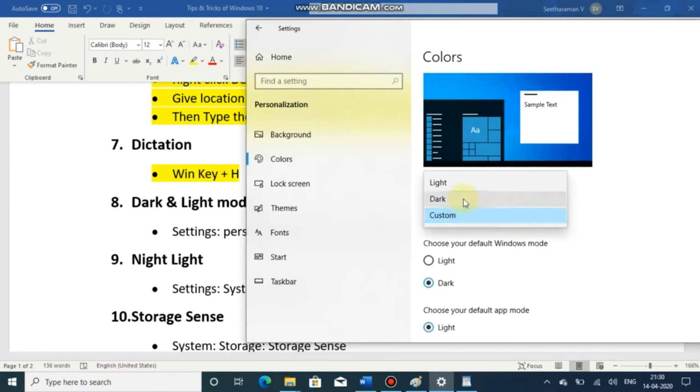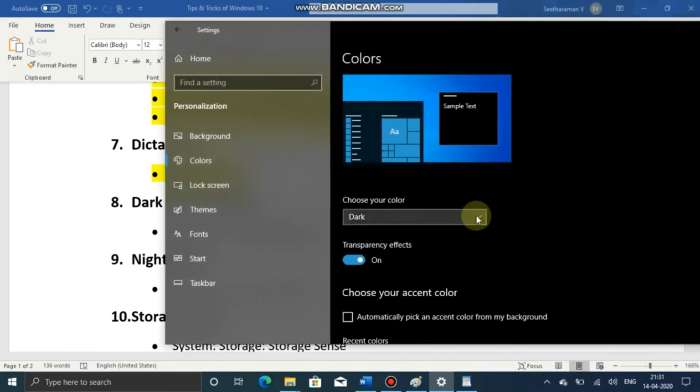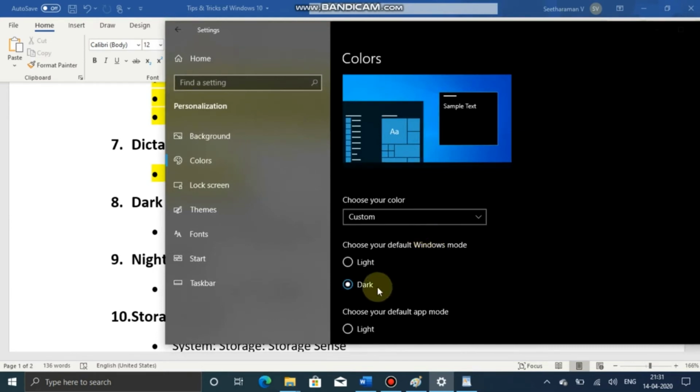Then you can choose whichever you want, you can change it to dark mode or custom mode.